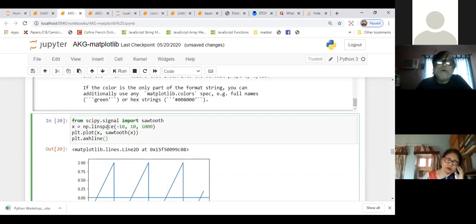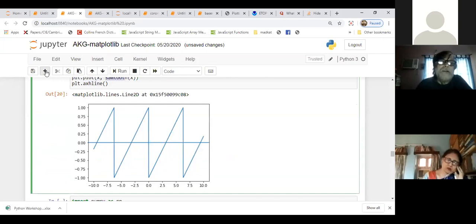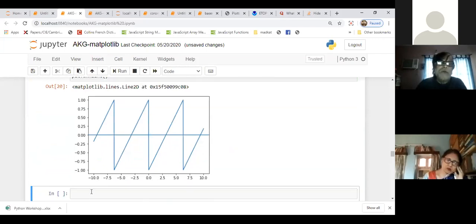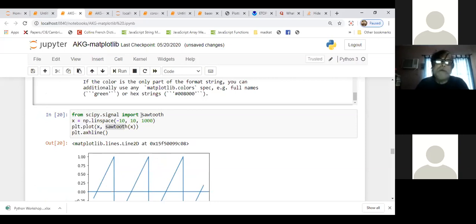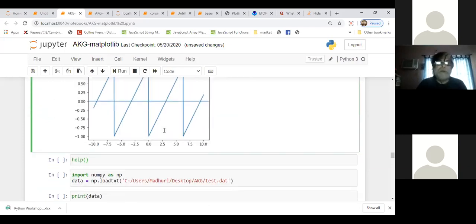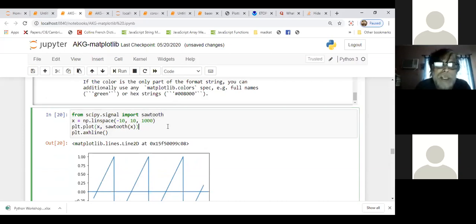And then you go to sawtooth. Suppose you create one cell here, plus, right? You write help, and inside that you write sawtooth. You have actually brought this function here itself, since you imported sawtooth from scipy.signal.